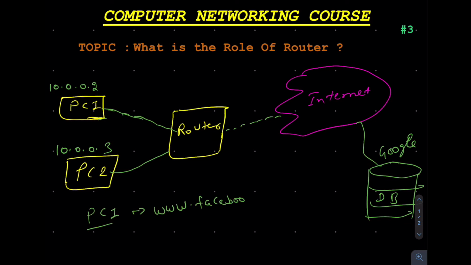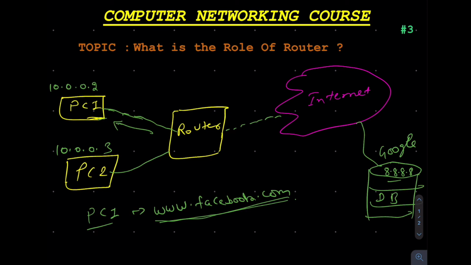enters some URL, and there is a DNS server running, which is a typical DNS server of Google's. 8.8.8.8 is the IP address of the DNS server of Google. So first, this domain will be resolved by this DNS server. We can say this DNS server knows where the Facebook.com server lies. So PC1 will send a request to the router saying that I want to communicate to Facebook.com, and this router will then forward it to the internet. On the internet, there will be some Google database, and from the DNS database, the router will get the information about the Facebook IP address, and then it will be replied back to PC1. So that's how this communication works.